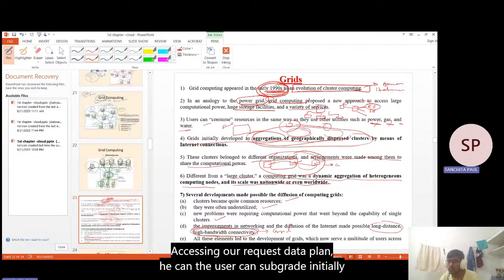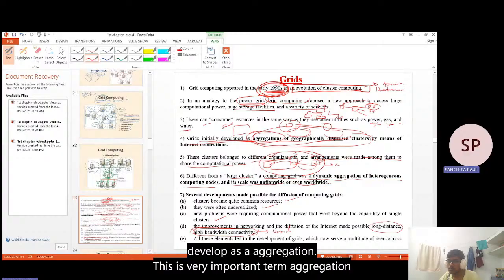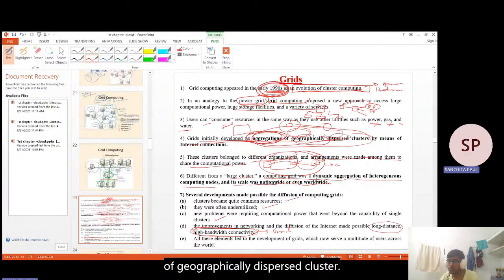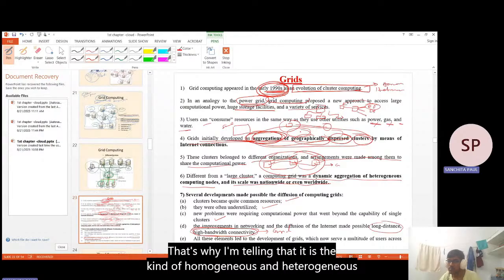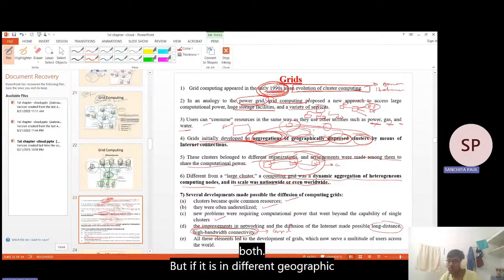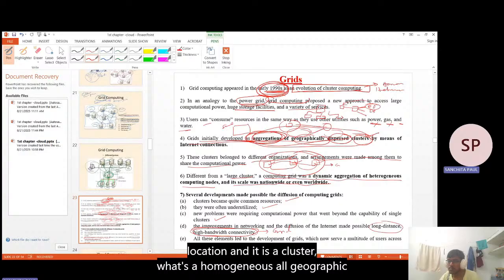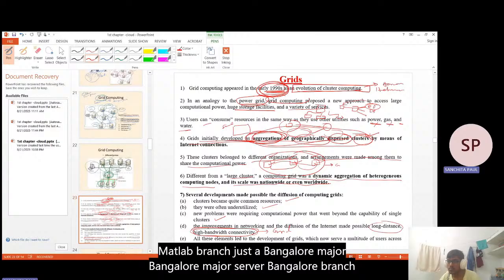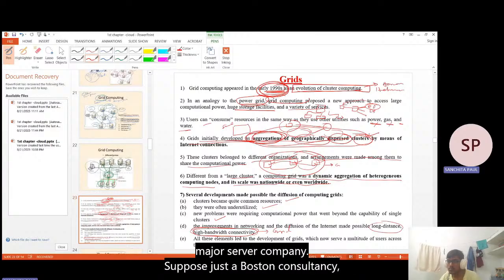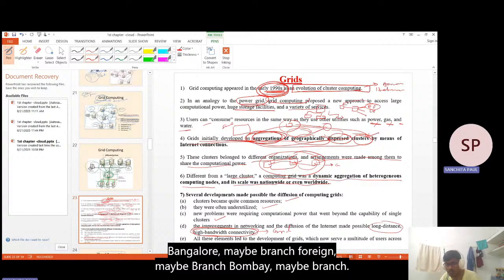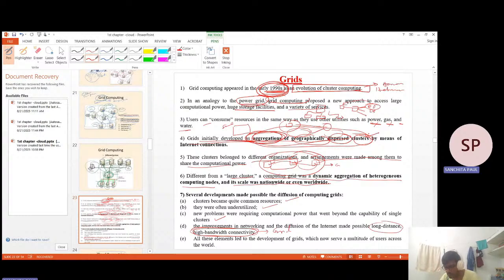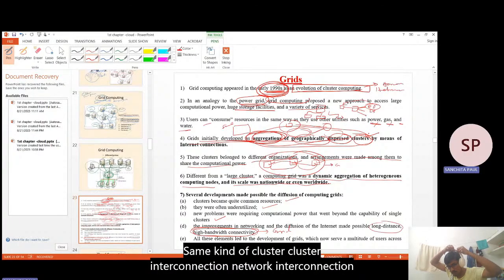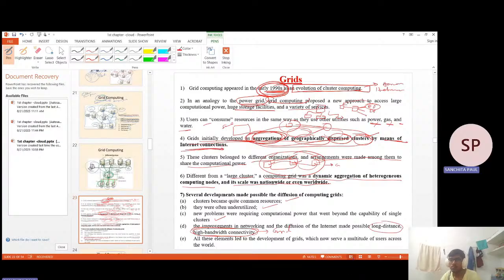ठीक है, तो यूजर कैन ग्रिड इनिशियली डेवलप as an aggregation, this is a very important term, aggregation of geographically dispersed clusters. That's why I'm telling that it is the kind of homogeneous and heterogeneous both. But if it is in different geographic locations and it is a cluster, मतलब homogeneous, all geographic locations have homogeneous servers. मतलब ब्रांच जैसे बैंगलोर में जो सर्वर है, बैंगलोर ब्रांच में जो सर्वर है, कोई कंपनी सपोज जैसे बॉस्टन कंसल्टेंसी, उसका बैंगलोर में भी ब्रांच है, फॉरेन में भी ब्रांच है, बॉम्बे में भी ब्रांच है। ठीक है, तो हर जगह में सेम काइंड ऑफ क्लस्टर यूज होता है और वो सारी क्लस्टर को जब एग्रीगेट किया जाता है तो उसके लिए हमारा जो इंटरकनेक्शन नेटवर्क यूज होता है उसको हम लोग बोलते हैं ग्रिड।